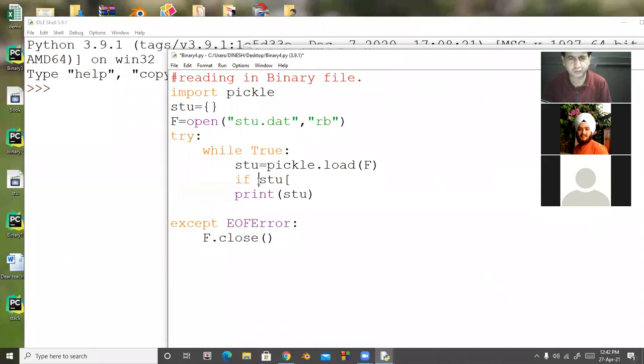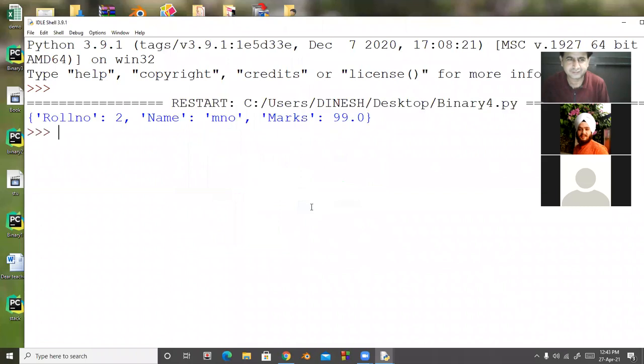If stu roll number double equal to 2 colon, in that case, I want to display the data if the roll number is 2. So look at here, I am running the program. So look at here, filter data.